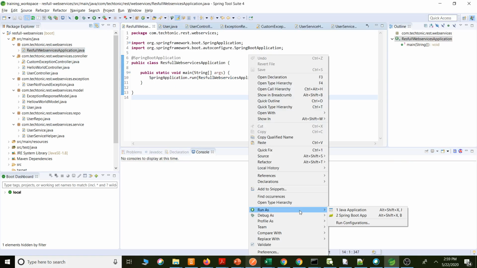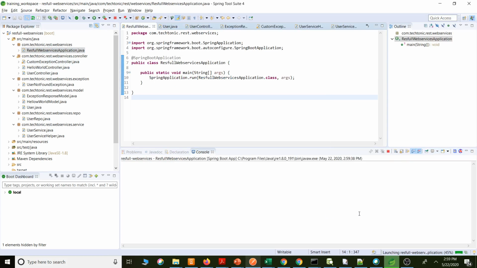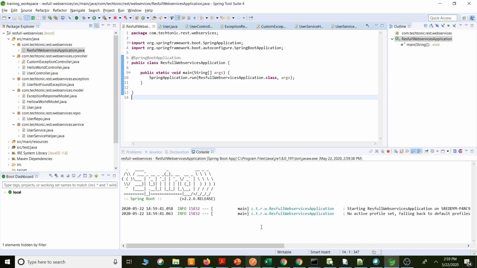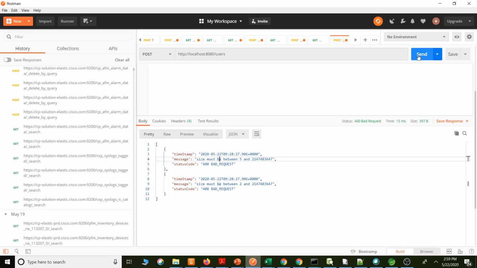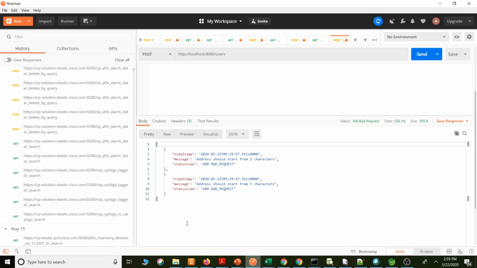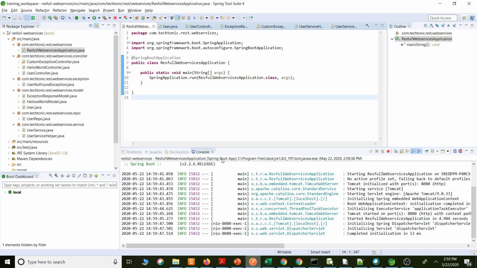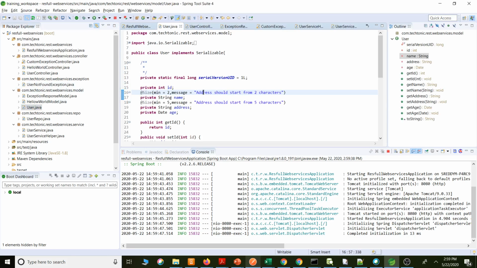Let me start the application. Now here I made a small mistake. Instead of address, for this it's name.